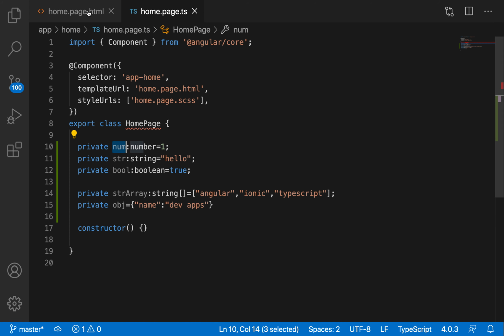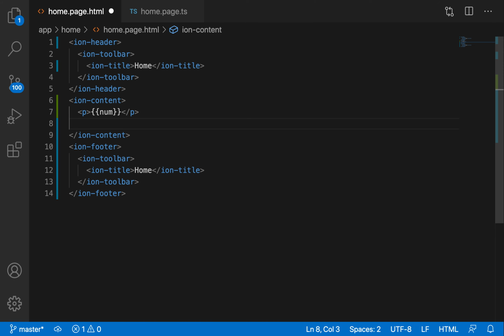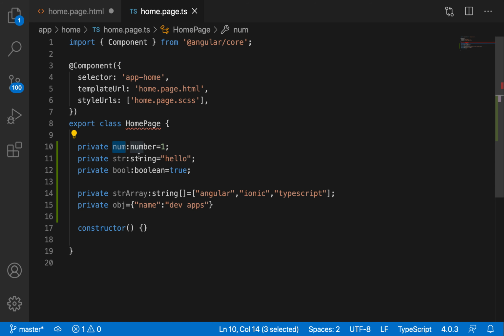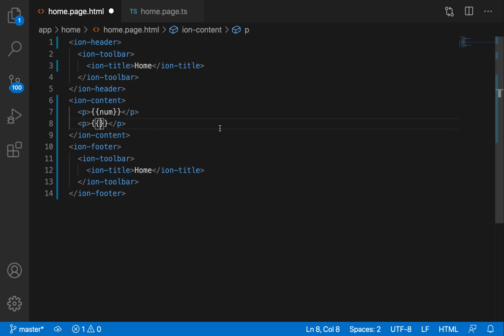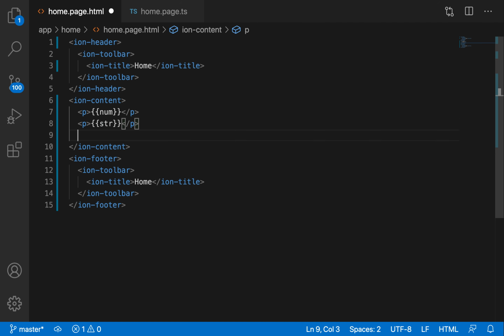The same thing can be done with the string and boolean also. So here you can create one more paragraph tag, I can use expressions and use the string variable here. In the same way I can use the boolean also.